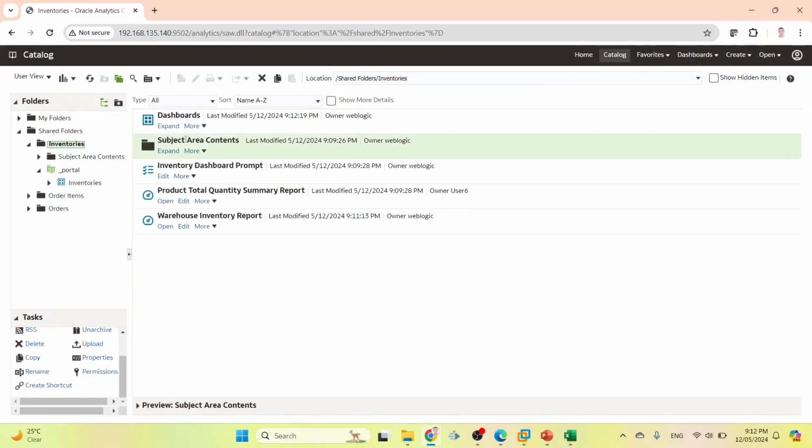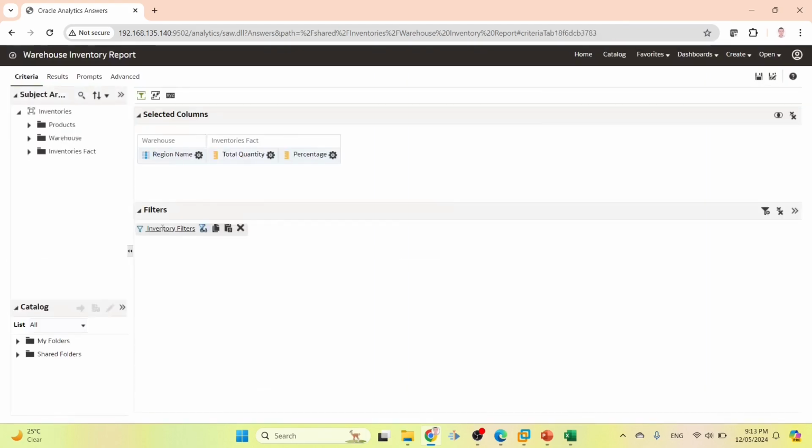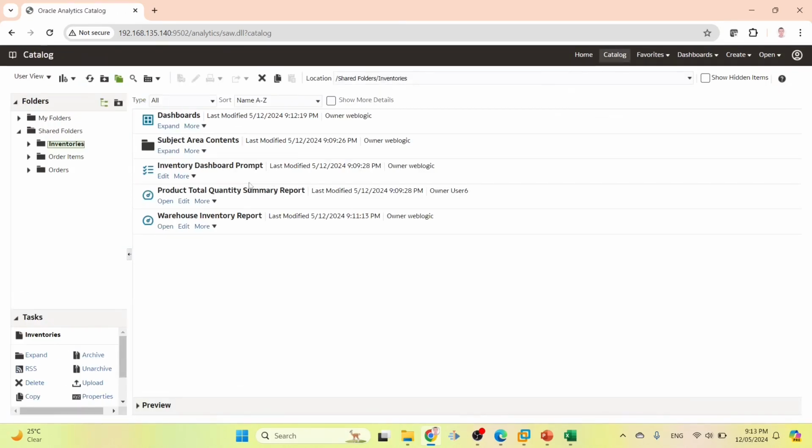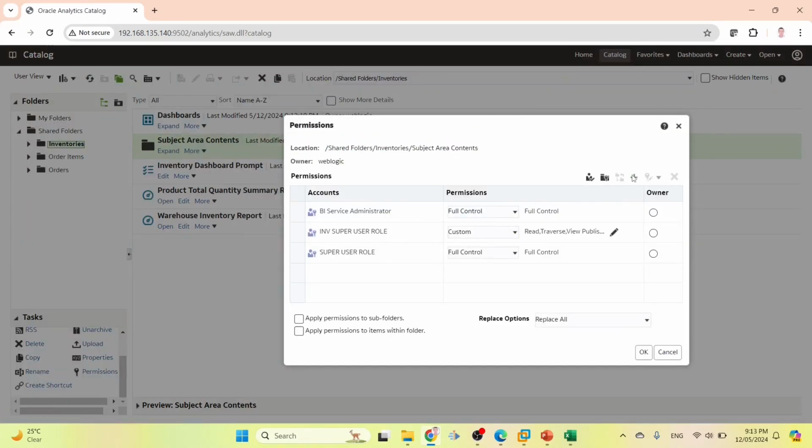Here there is a subject area content and an inventory dashboard prompt. If you open the warehouse inventory report, you will find a filter applied to it. So you need to be careful and check all objects related to this report and dashboard. If you go to criteria, you will find the inventory filter. So you should provide access to this filter from here, subject area content. Provide access to this folder,